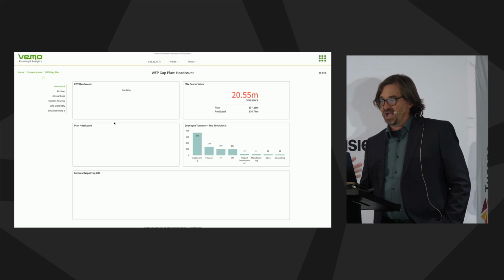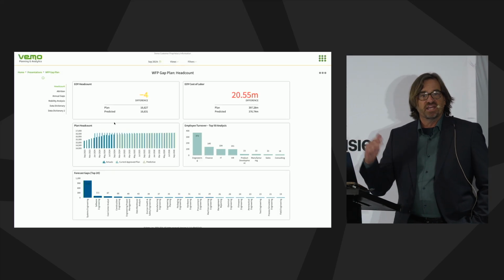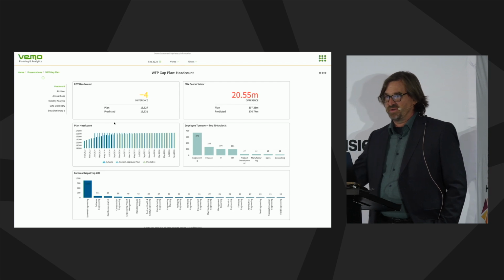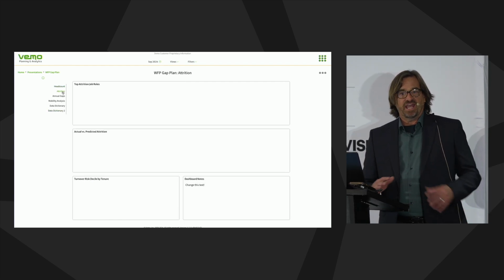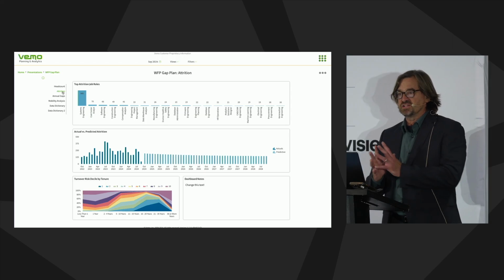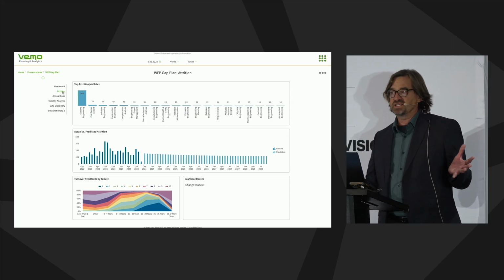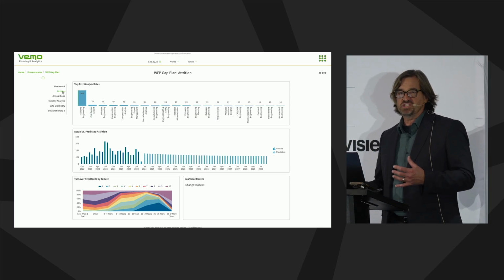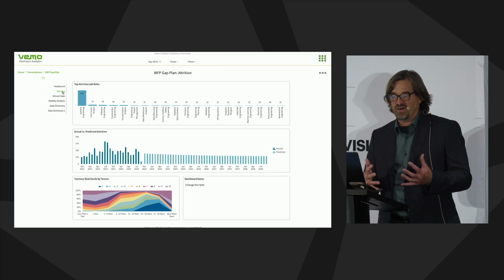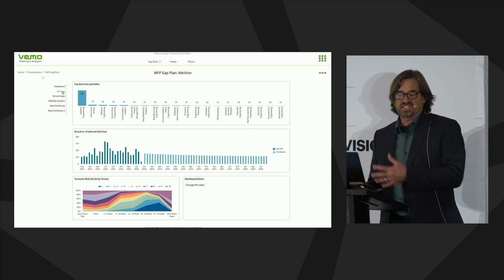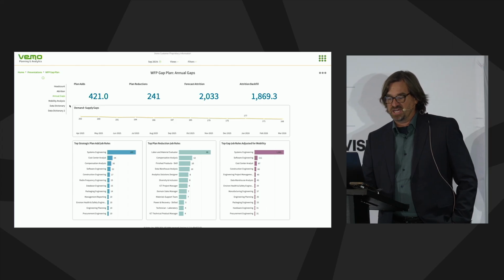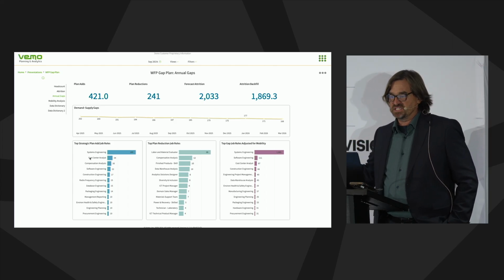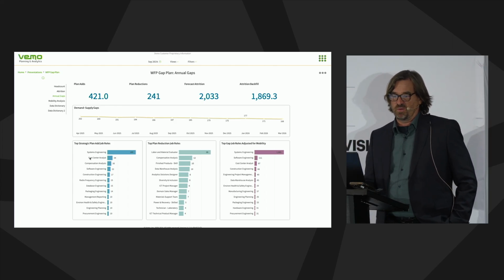This is all data coming out of Vemo, which basically says, here's your measurement on your headcount. Here's your measurement on the cost of labor. Here are your top forecast gaps. And in our programs, this allows you to really democratize and open this up to all the people who want this type of information, even if they don't get into planning itself. They can create notes, look at attrition, and look at those gaps over a period of time. They can understand their business area, for whatever views and filters they want.